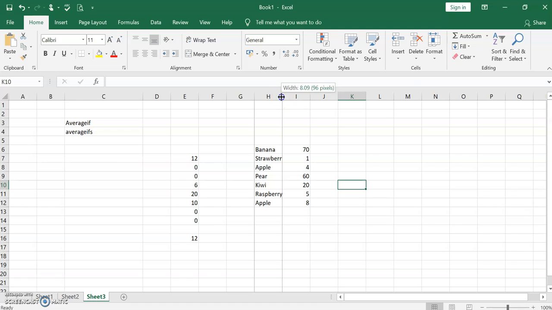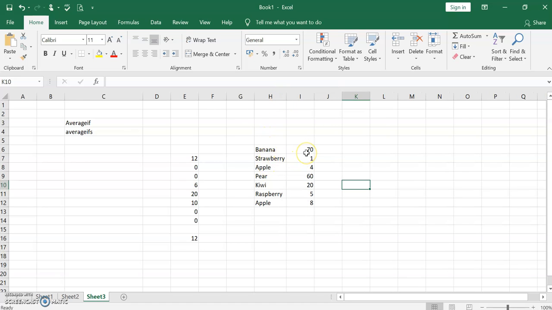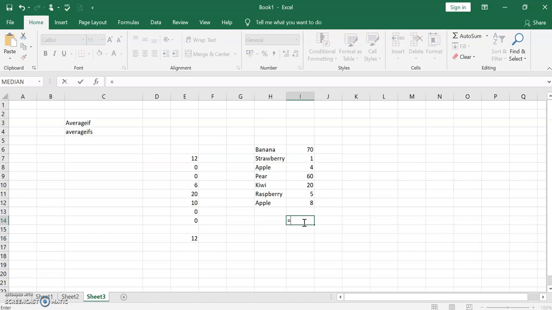Here we have two ranges. One is on the fruits; on the other side it could be the sales, or the numbers, it could be anything. We don't bother about what kind of data. For us it is only how we are calculating the range. I just want to have one criteria. Here we'll select apple, because for apple I have 4 and 8, which is 12. I have to find the average, which is 12 divided by 2, so 6. But when you have infinite data which runs into many cells, then it becomes very difficult to calculate.